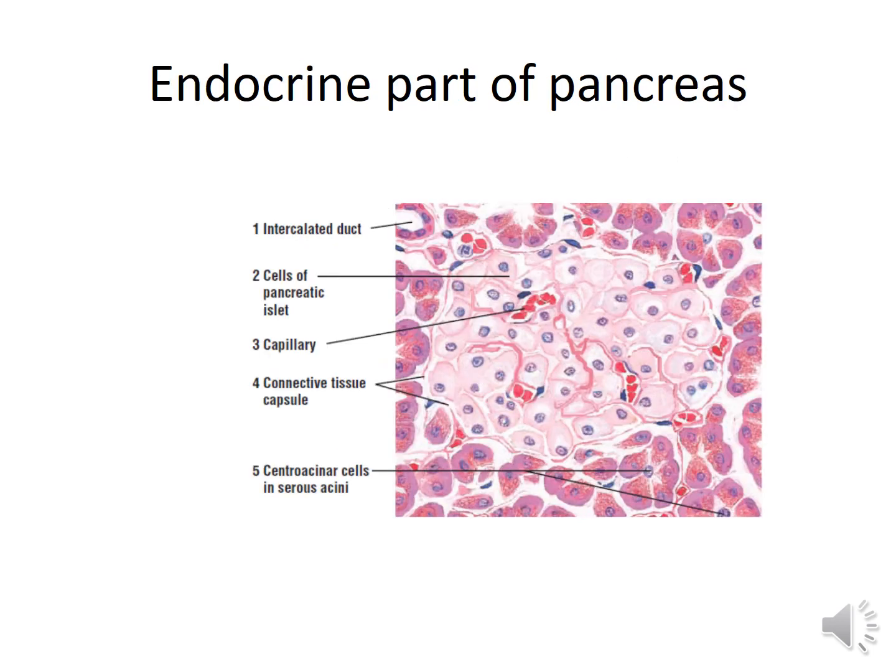The endocrine part of the pancreas consists of small spherical clusters of cells called the islets of Langerhans or pancreatic islets. These islets range from 100 to 200 micrometers in diameter and consist of roughly spherical or polyhedral cells. You can see in this histological section the pancreatic islet, a spherical body consisting of roughly spherical or polyhedral cells. The islets of Langerhans are scattered irregularly among the serous acini of the pancreas and are most numerous in the tail part of the organ.